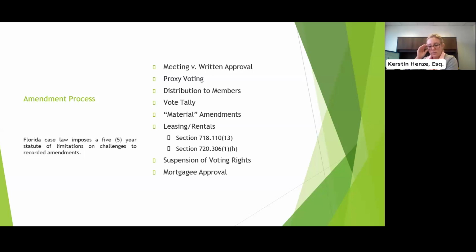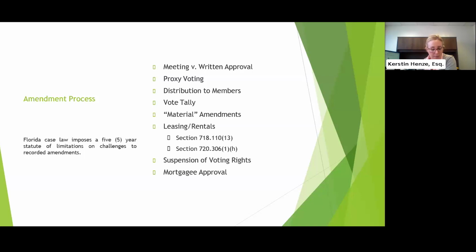So you want to make sure that you have received a written consent from the owners consenting to receiving official notices from the association by email. Then those owners can get the consent form or the notice of the meeting and the amendments by email.